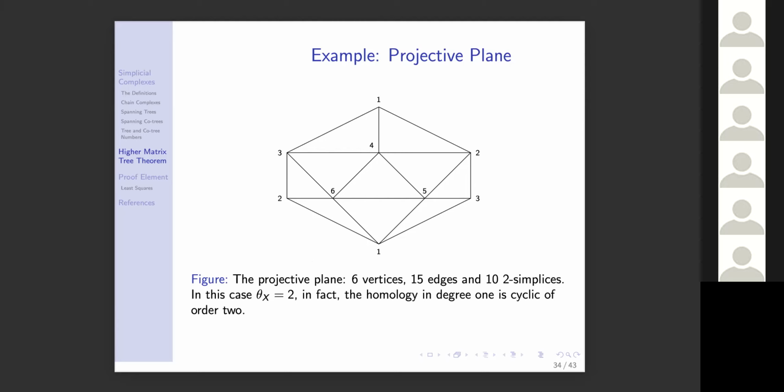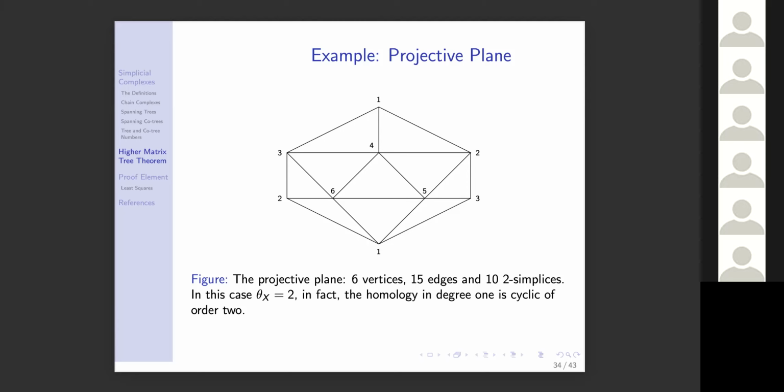Now, the picture is drawn in such a way that there are two edges labeled 1 to 2, but they're really one edge. I make an identification of the two edges labeled 1 and 2 in the picture. And likewise, 2 and 3 are identified in the corresponding way. And so you make all the identifications as indicated by the picture, right? And there are 2 such identifications. And then if you do that, it turns out that the